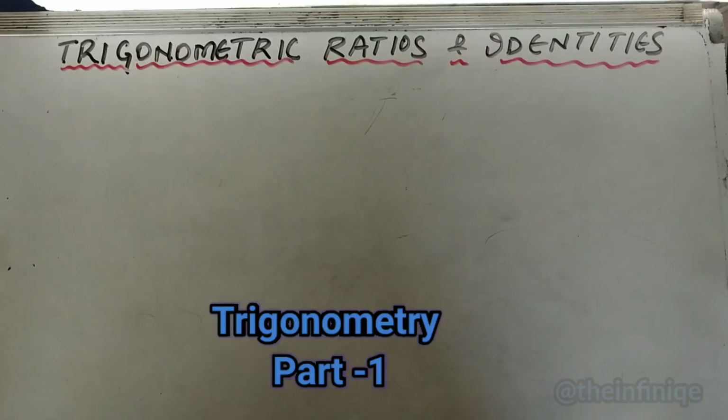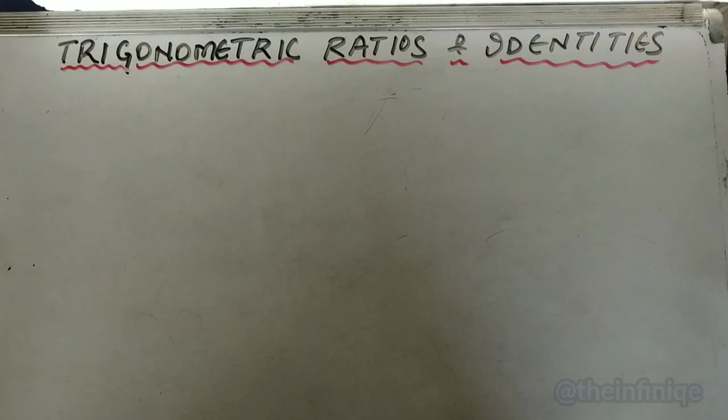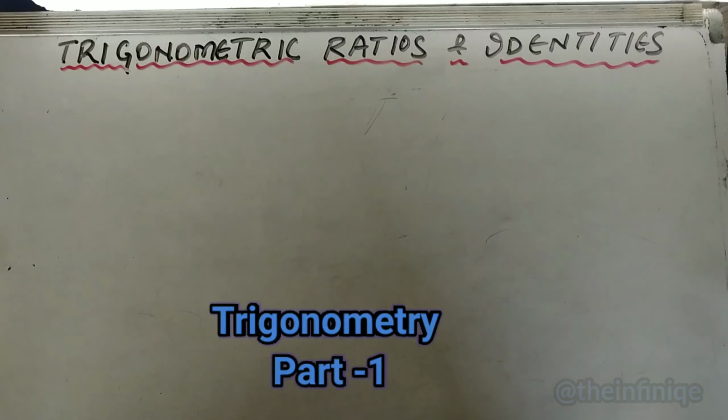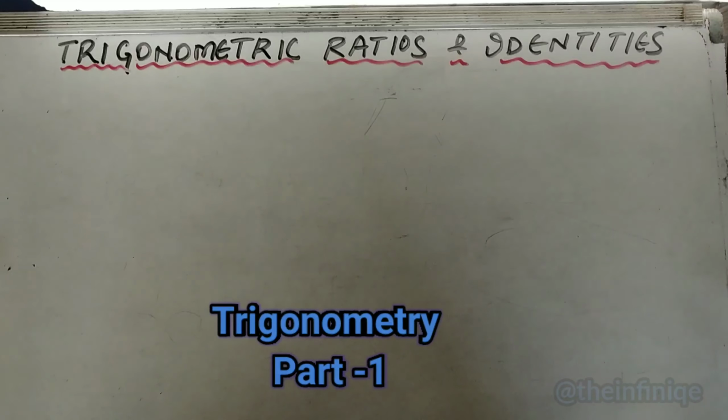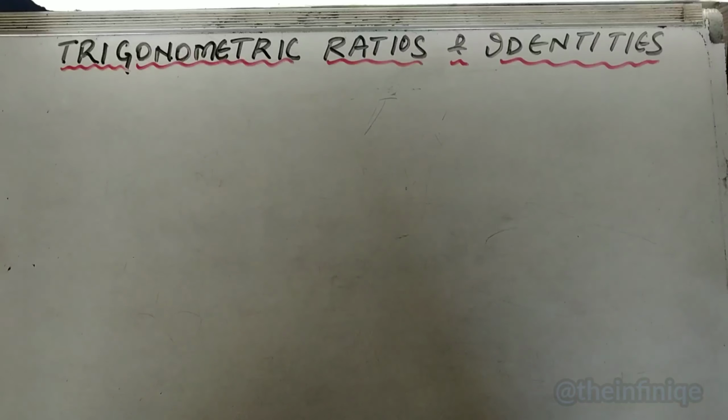We know that trigonometry is a very important topic for our syllabus. So whenever you start studying this topic, you need to start with the basics, that is trigonometric ratios. And we know that there are three types of triangle: isosceles triangle, equilateral triangle and right triangle. Trigonometry is all about the right triangle, where one of the interior angles is 90 degrees.